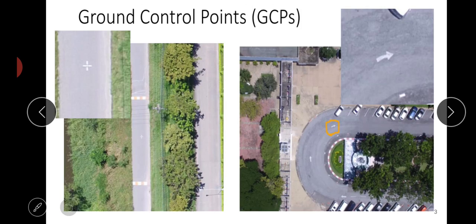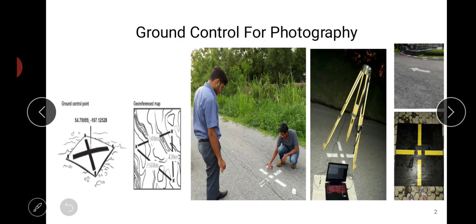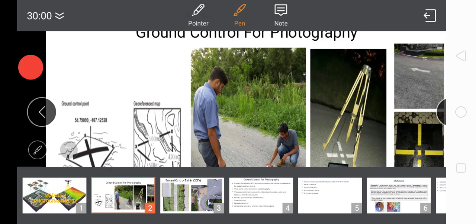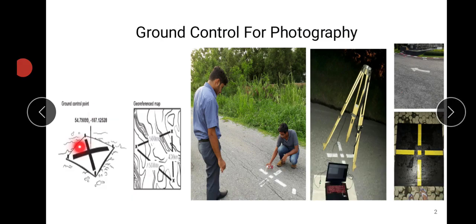Now how do ground control points actually look? They actually look somewhat like this. They look like this on the ground. So these are people marking ground control points for photography onto the ground.